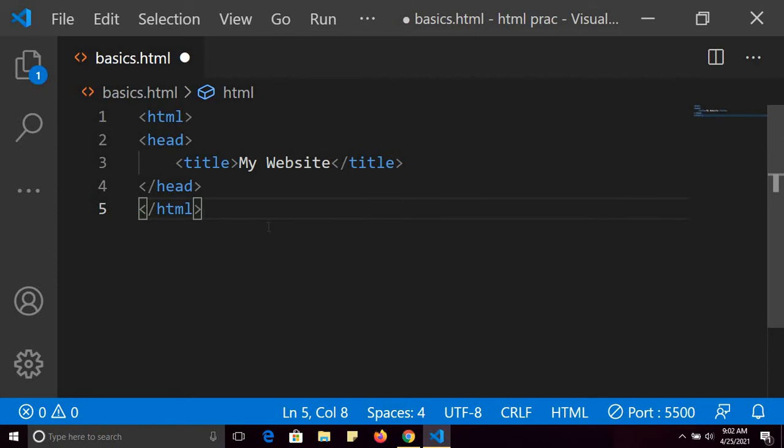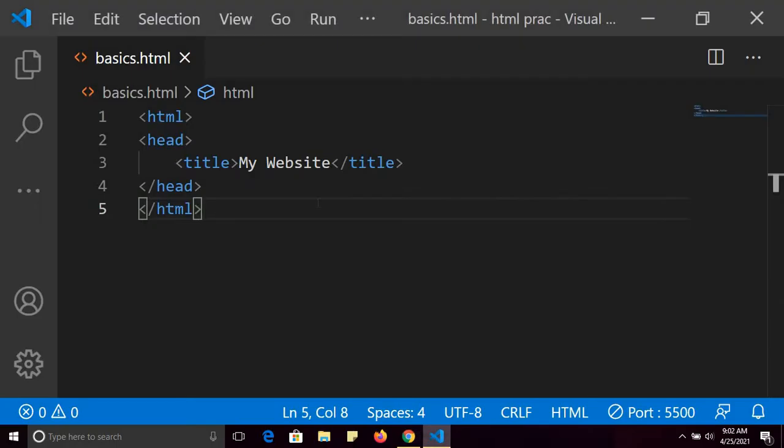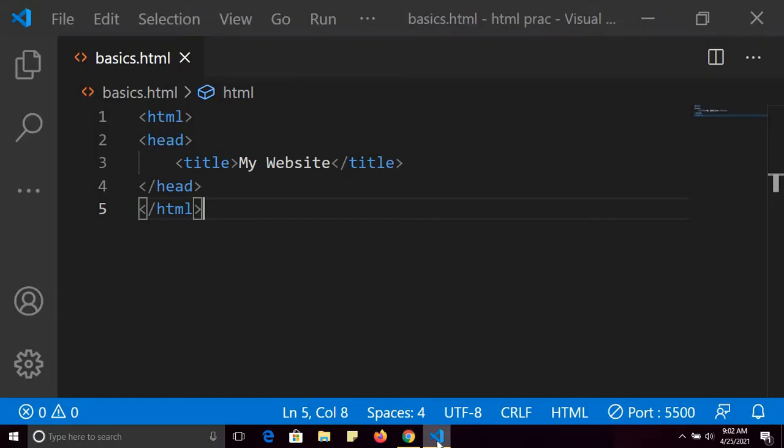Now just save it, see the browser and refresh it, and see its title has been changed. So this is the use of live server. You just save here and refresh in your browser, and it will be changed in the web page also.